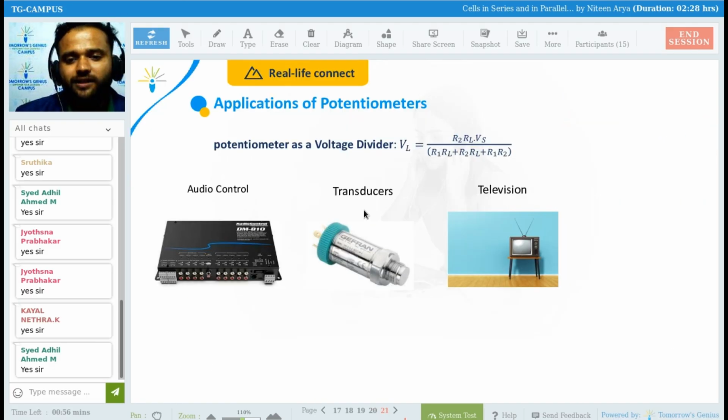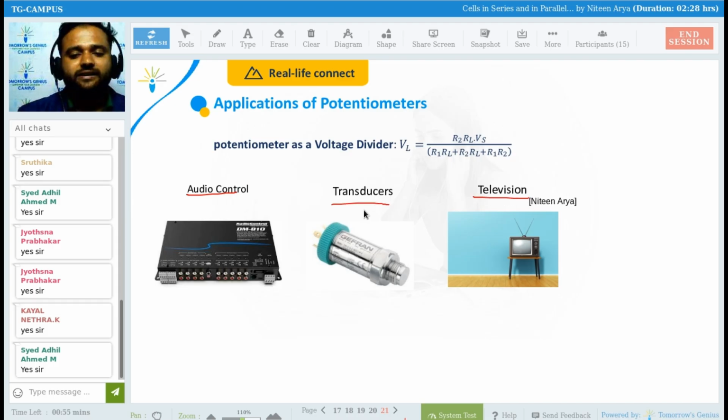Okay, so now this is the application of the potentiometer. This is the standard format of teaching with the help of PPT, to connect it to real life. Why are we understanding this? What is a potentiometer? I'm going to explain. But in general, a potentiometer is a device which is going to divide your voltage, and the use is audio control,